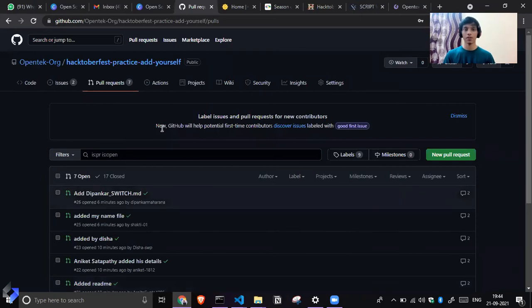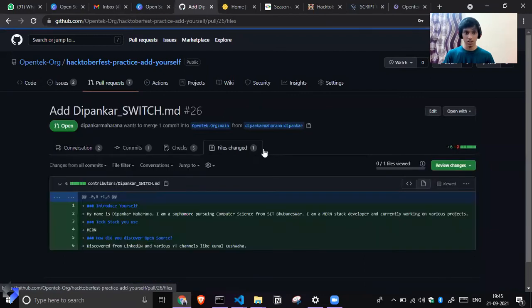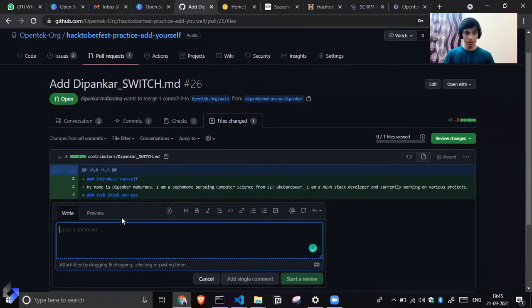See, there are different scenarios here. If you have created a pull request from another branch, I can just go to Dipankar's file changes, and here add something, like change this line. Okay, I can add this.